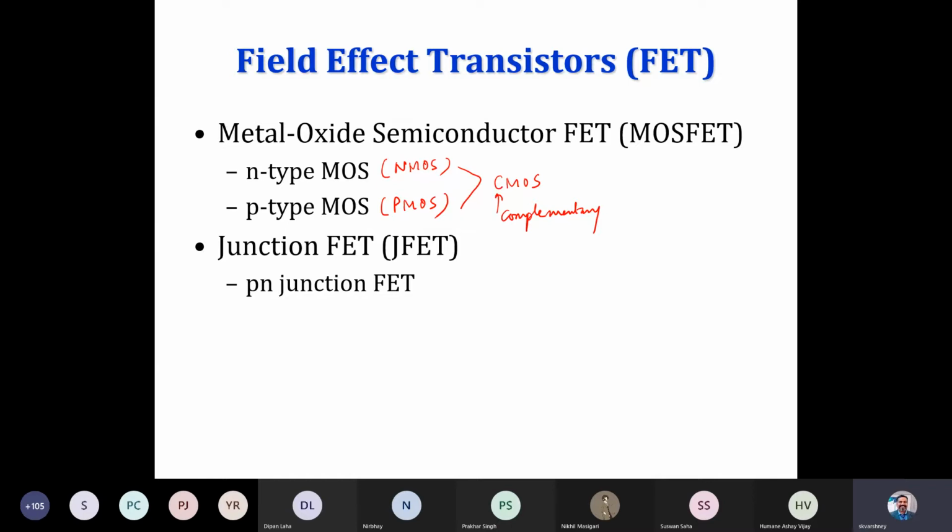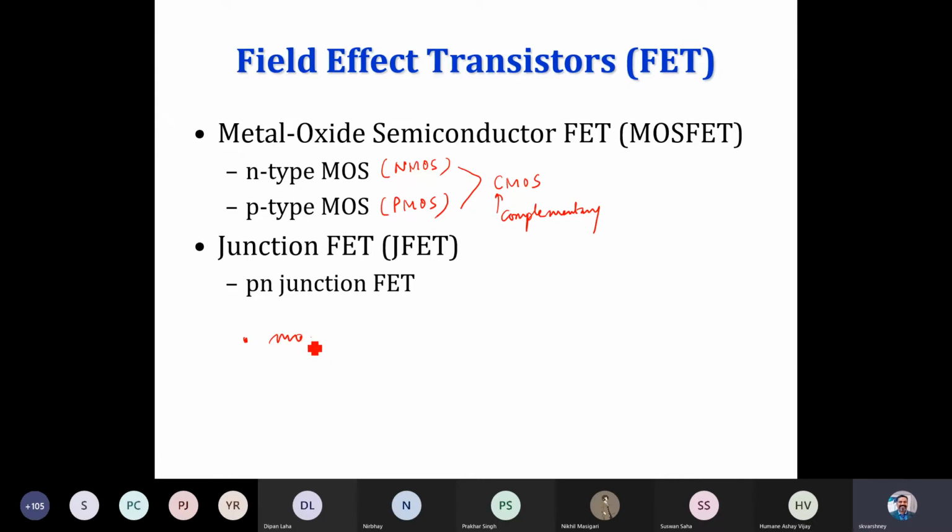Other than this, we have another variant, the junction field effect transistor, a PN junction field transistor. In these FETs, the current is controlled by the electric field. You apply a voltage and control the current that flows through the device.